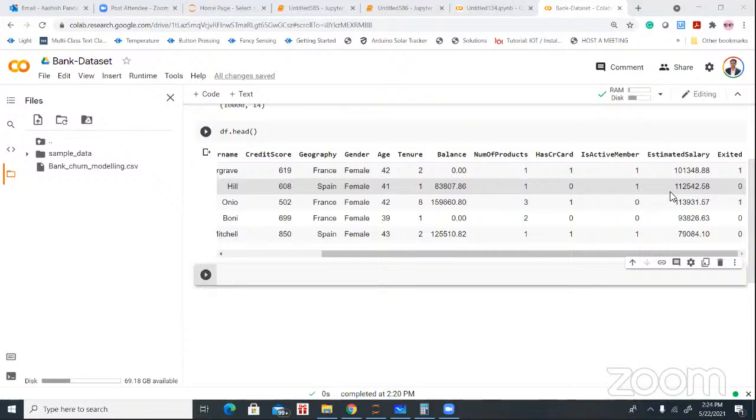is still a client of the bank or did not close their account. So here we have information of the 10,000 customers of the bank. And for every customer, we have information of their credit score, their customer ID, their last name, and whether the customer has a credit card or not, whether the customer is actually using bank services or not, the customer bank balance, customer salary, number of products the customer is using, okay, and